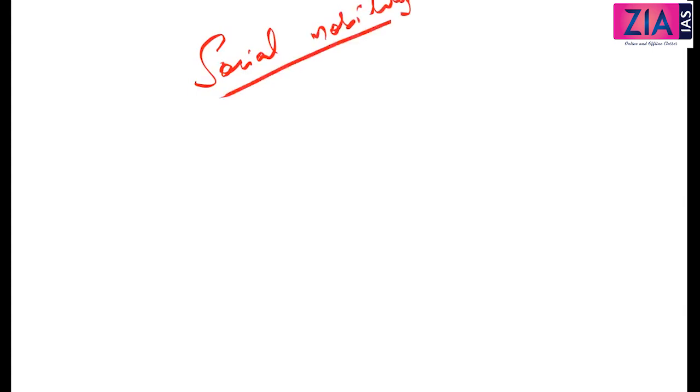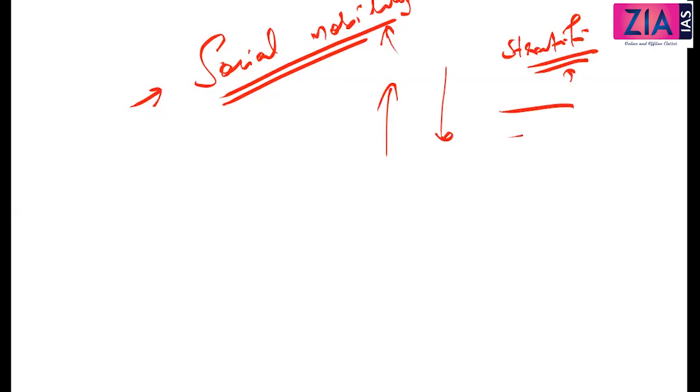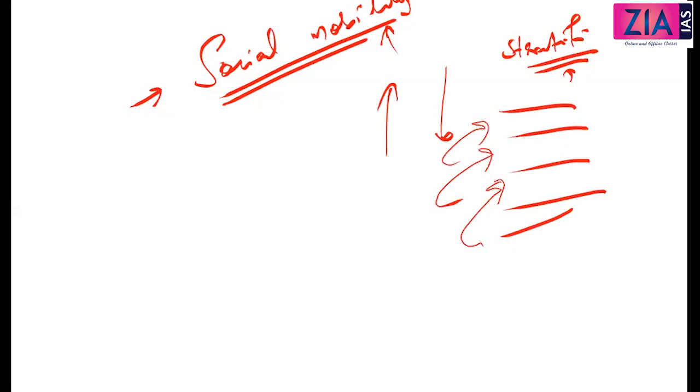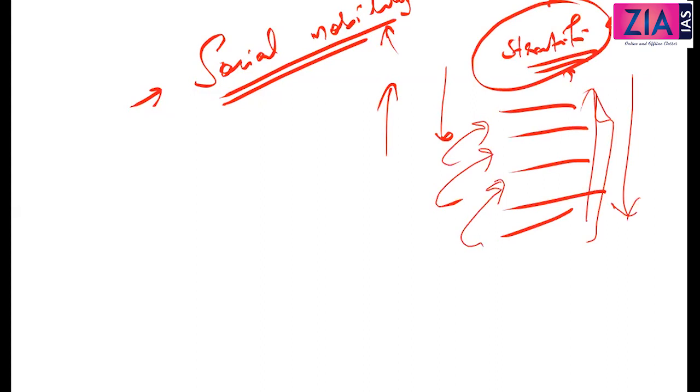Social mobility, any question which they're going to ask related to mobility, first thing that you need to write is about stratification. Without writing stratification, you cannot write about mobility. Why is mobility there? Mobility means what? Movement from one strata to another. So if these stratas are not there, is there any scope of studying mobility? No, right? So whenever mobility is asked, you need to talk about stratification in one or two lines. So that is one thing. Just because stratification and stratas are there, upward or downward mobility is there. Mobility means movement. It can be upward mobility, it can be downward mobility.